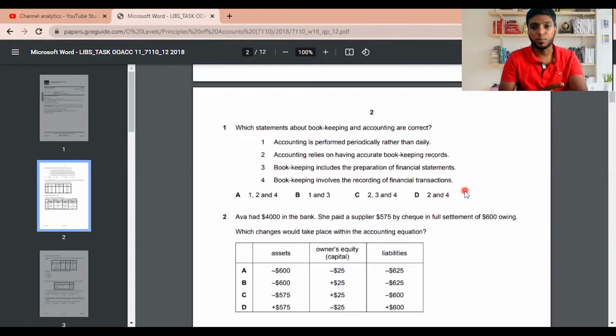Normally, you need to understand one particular thing. This is one of the basic questions in every year of past papers. A bookkeeper and an accountant have a very big difference. A bookkeeper is a person who records the day-to-day transactions in the books of accounts, whereas an accountant is a person who takes the entire bookkeeping transactions, summarizes them and records them in the financial statements.